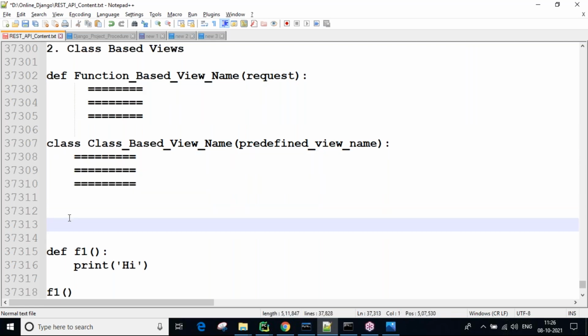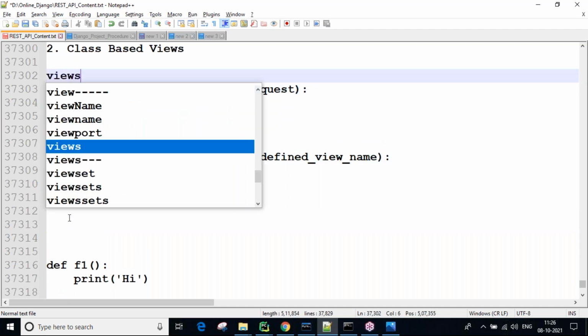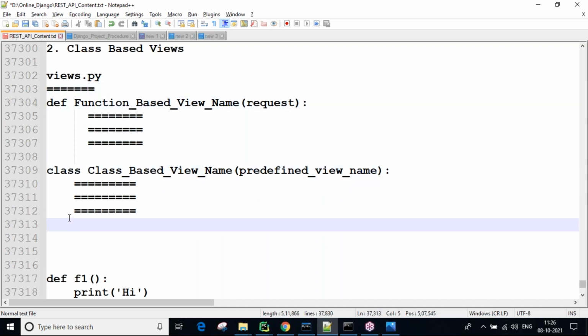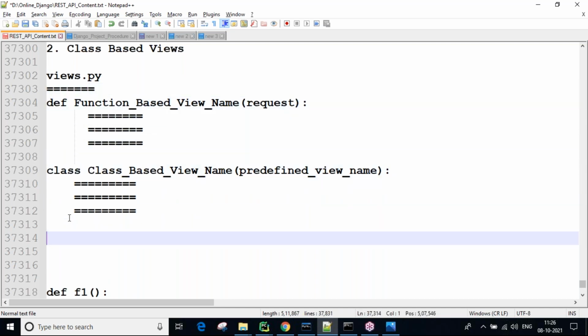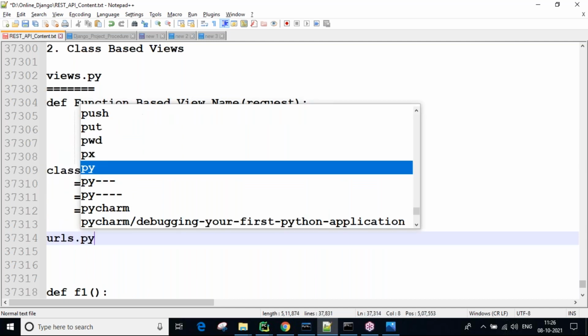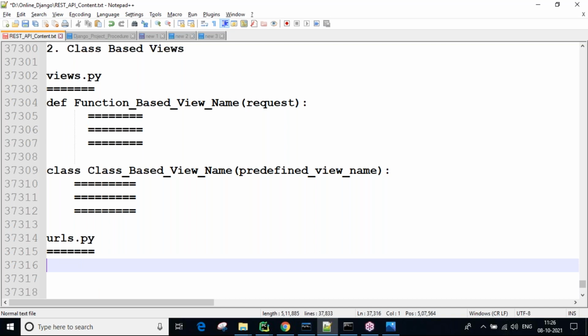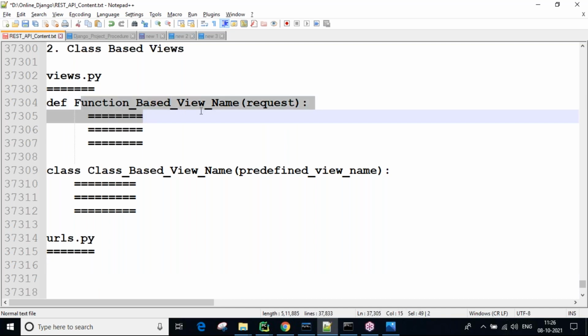How do we call? This views code we write inside views.py, and next inside urls.py we create URLs to execute these views. By sending one URL we call one view.